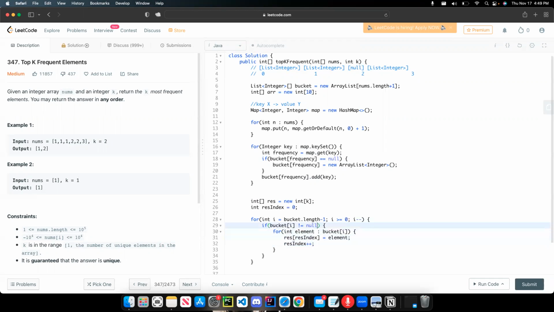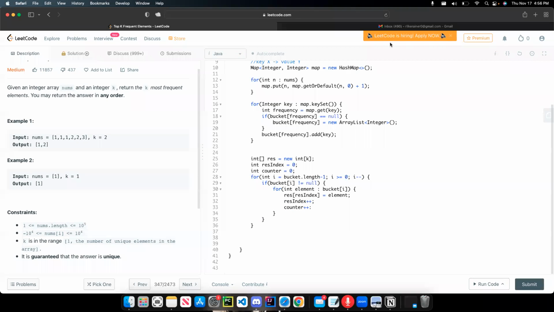Okay, but then I need a counter because I only want to do this k times. So I say int counter equals 0, right? So at every time I do this, I want to say counter plus plus, right? And counter essentially keeps track of how many elements we've actually added to this res array,